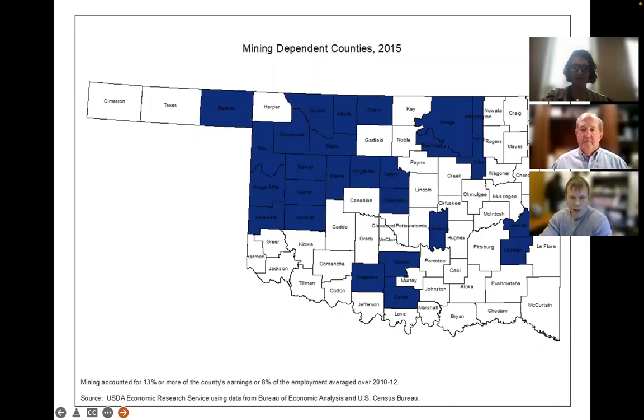And looking down there at the bottom, again, this was data from 2010 through 2012. If you remember what was happening in that time period, this was when the fracking boom was almost at its peak. It kind of peaked around 2013, 2014. So what this represents is a lot of fracking activity, a lot of oil and gas development in all these counties during that time. Wells were being drilled all over the place, and a lot of these counties had above average levels of employment or earnings in those regions.